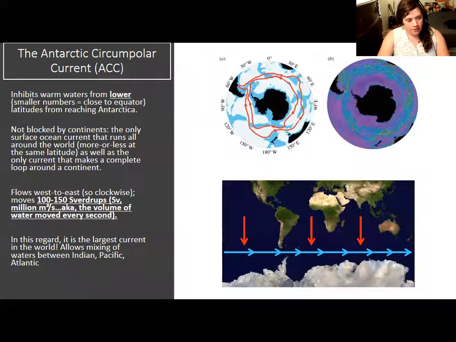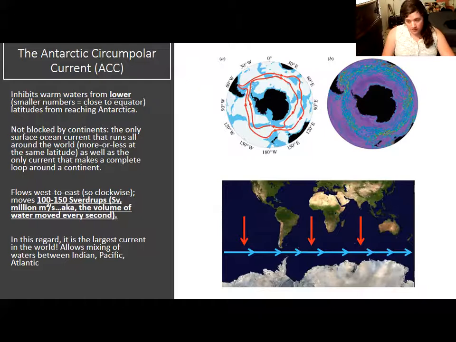Returning to the circumpolar current. This is something that is particular to Antarctica and not really found in the Arctic, because remember there's no continent on the North Pole. There's an ice sheet and you can walk on that, but there's no continent of Arctica. And Antarctica as a continent has been isolated from the other continents for quite a while, speaking in terms of geologic time. We will learn more about that later.